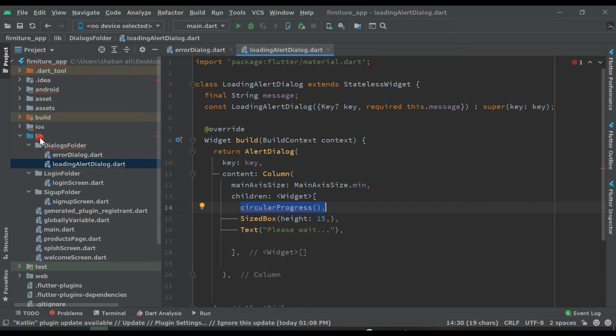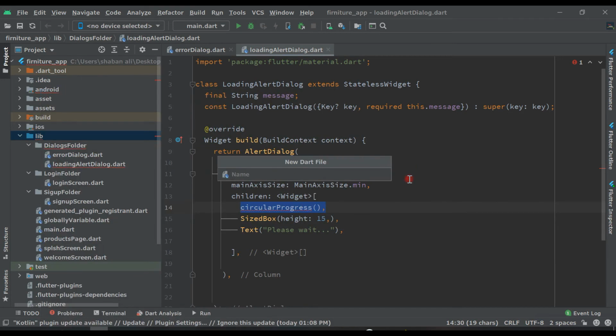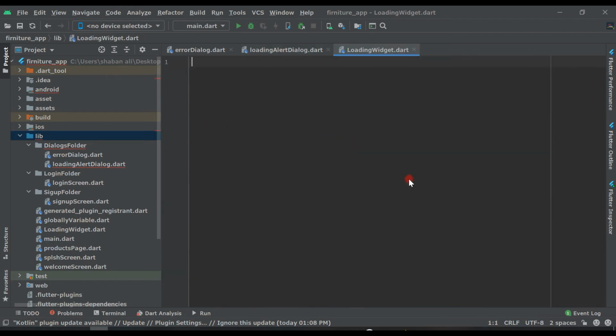Come here in the lib folder, new Dart file, and write loading widget, press Enter, and here we have to create a class.